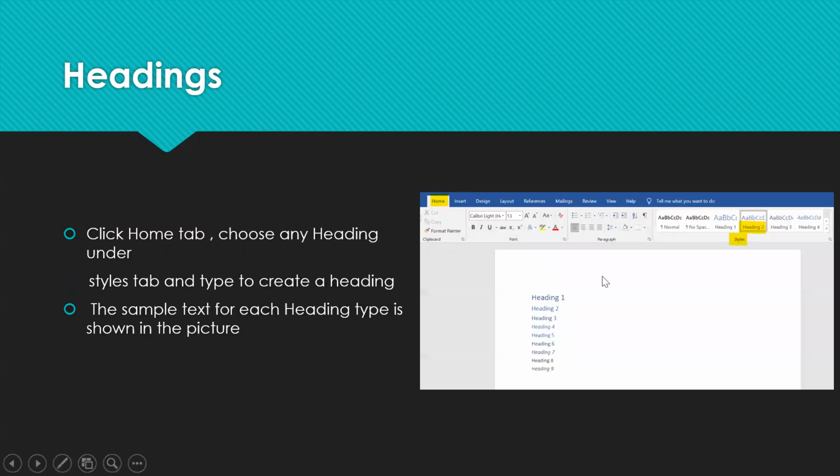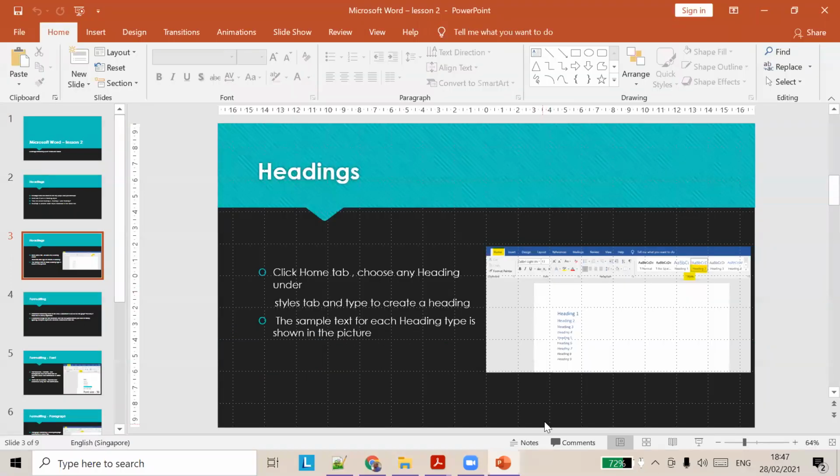So if you open a Word file, you should see the home. This is called a ribbon. They call it a ribbon. So under the home tab, under the files commands, there are different headings. You can see it here. So heading 1, heading 2, heading 3, heading 4. If you click the drop down, you'll see all the other headings also. So this is how you create a heading. And we'll see how we can add it in the particular Word document.